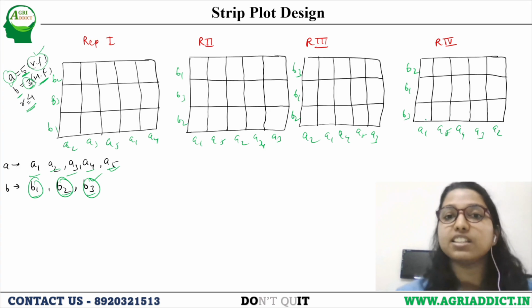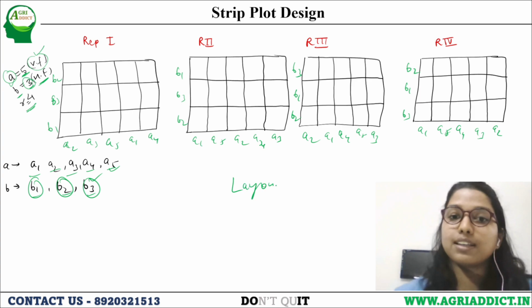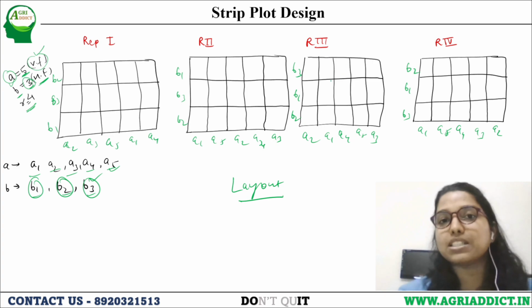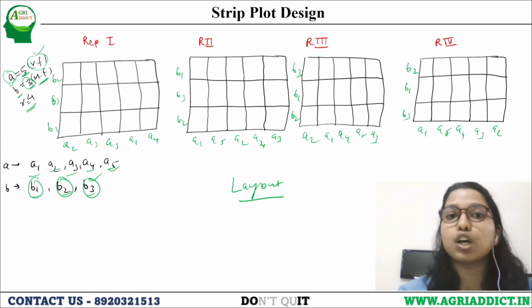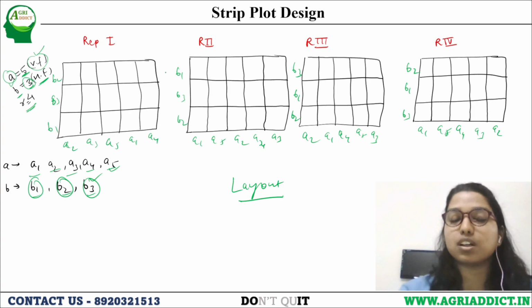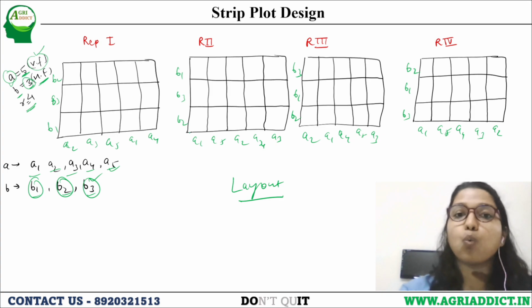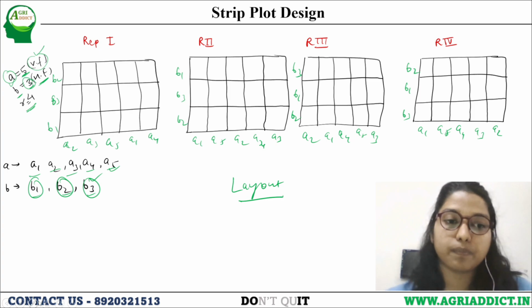Okay, we have arranged. This is how we do the layout of strip plot design. Here we have taken 4 replications. You can also take 3 replications. It depends upon the requirement of your design. So this is how you have to arrange the factors. Why we are calling it a strip plot is because,